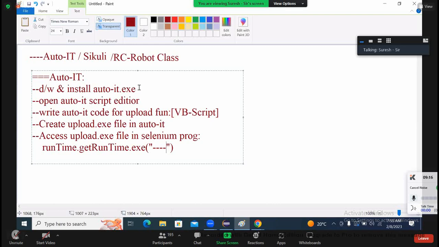Download and install autoit.exe. That is very straightforward. It is an .exe file only. You need to download that particular .exe file and install it. In case you want to try it, you need to download the .exe file and double click on it. Then it will complete the installation. Once the installation is completed,